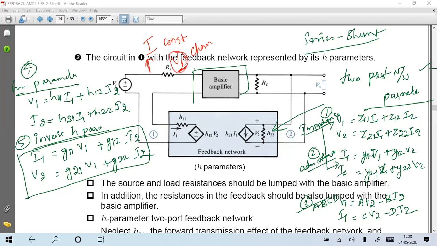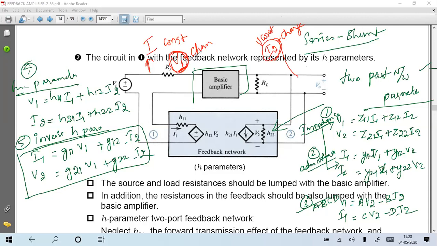V1 will depend. V1 is dependent on the input side. The output side is shunt. Shunt nature means which one will be constant and which one will vary. On the output side, shunt means voltage is constant. In parallel, voltages are the same. V is constant, so the current changes. That means on the output, I2 changes. I2 is dependent. So of these parameters, you see which two are related.